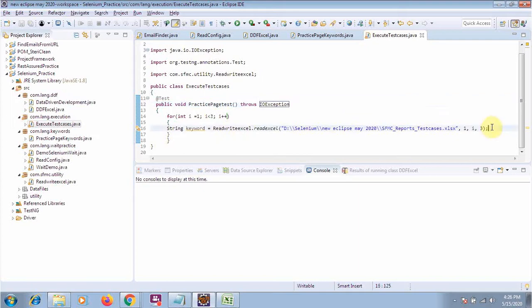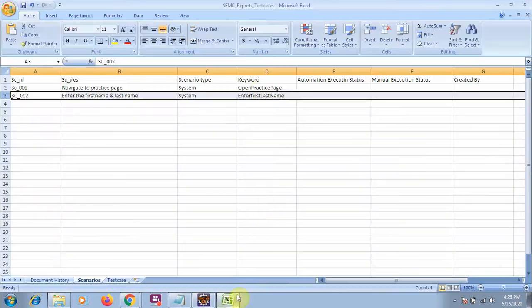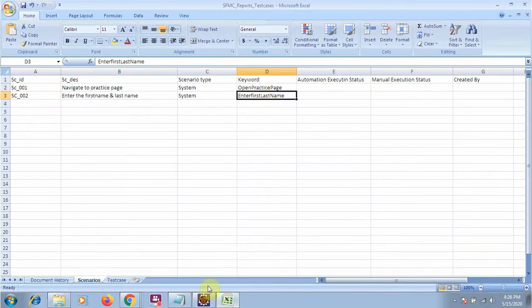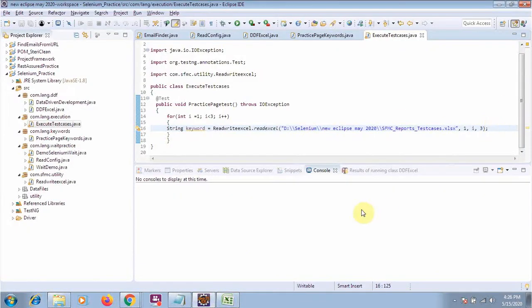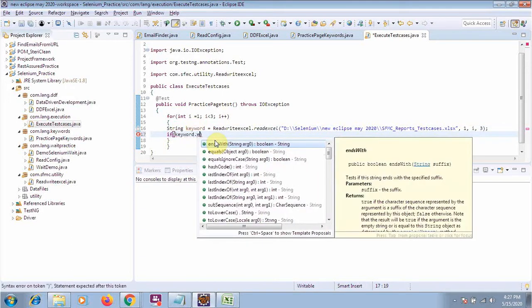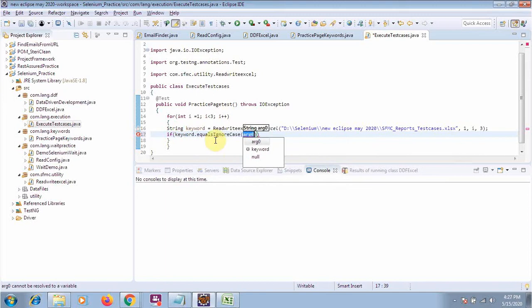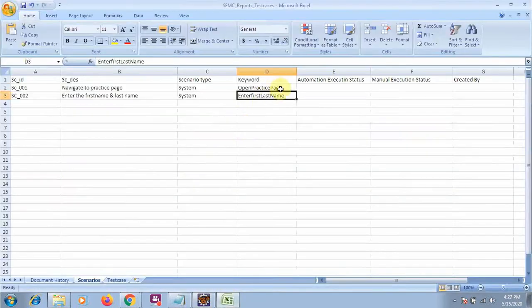You will use a try and catch block. Okay, so now I have read the keyword from my Excel, like this. It will read this keyword. Now I will match all these keywords, and based on that, we will perform the operation. So I will put the condition: if keyword dot equalsIgnoreCase, which one, this one.